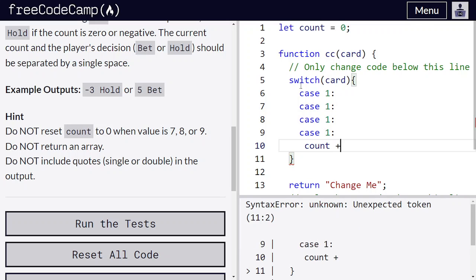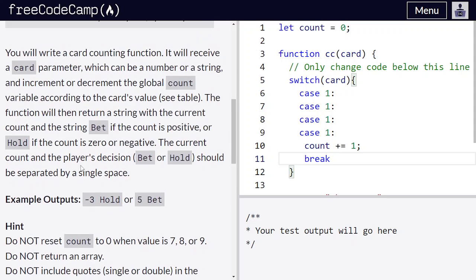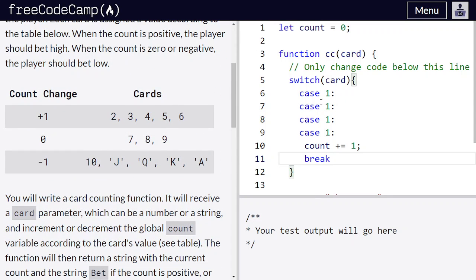Here we should not use the equal assignment operator. We should use this plus equal operator, then only it will be incrementing its value. Okay, so it will be +1, break. This is for the cases when it is 2, 3, 4, 5,